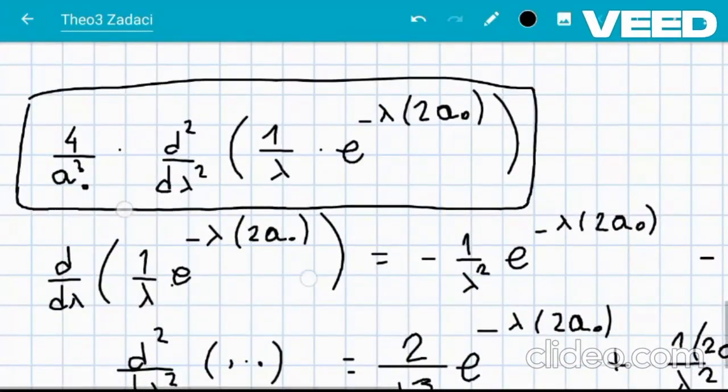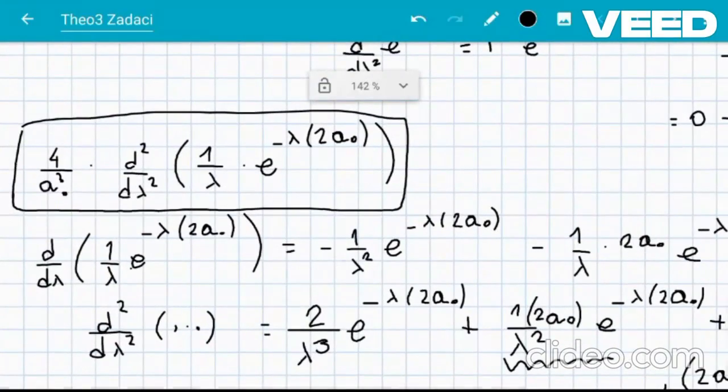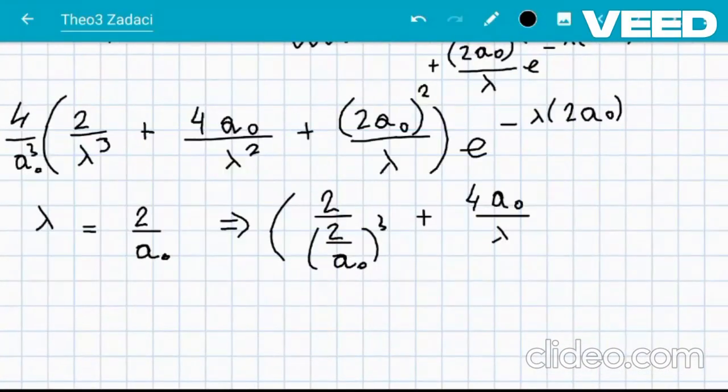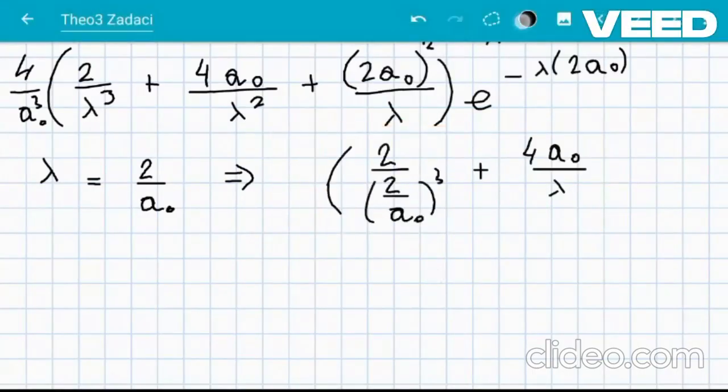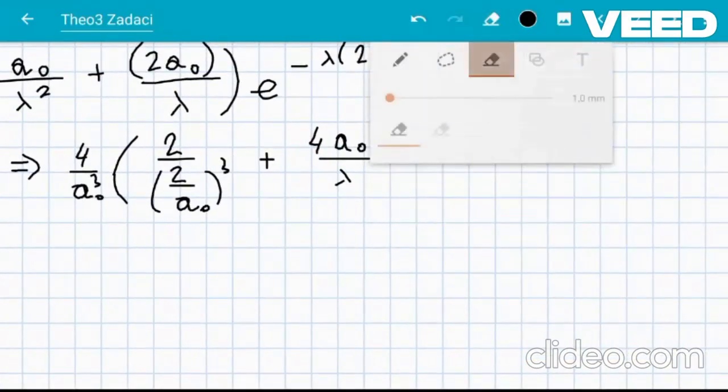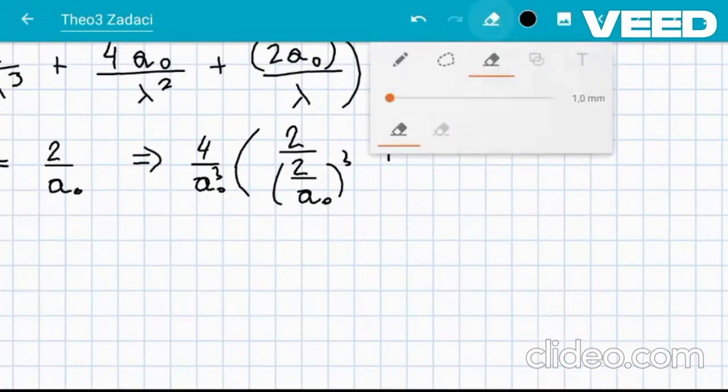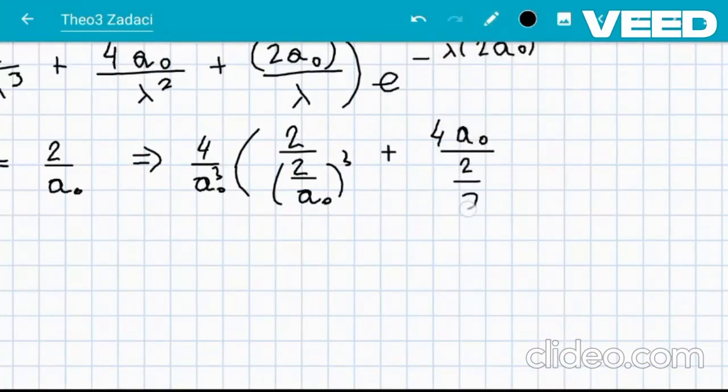I just forgot to multiply together. So the whole expression is just multiplied with 4 over a naught cubed, and so I have 4 over a naught cubed, and here I have 4 a naught over 2 a naught squared plus